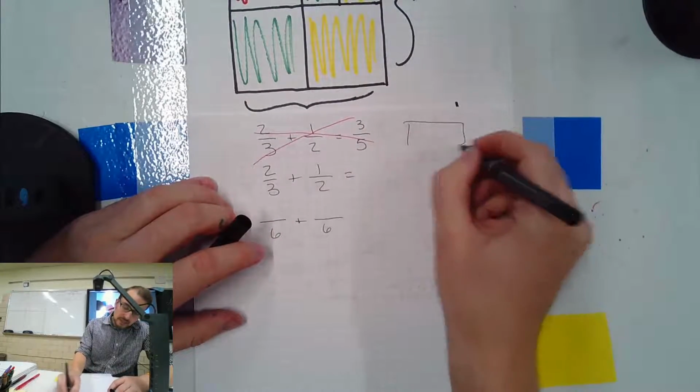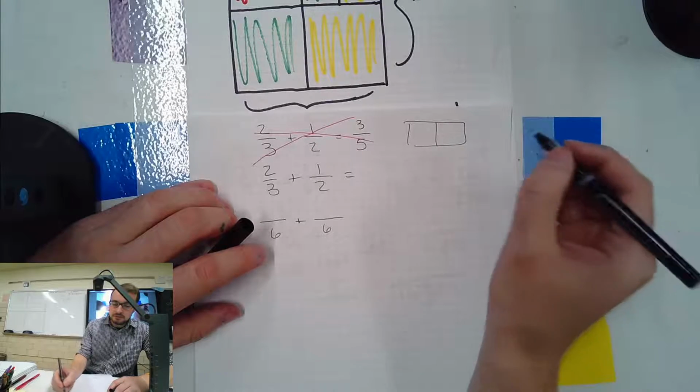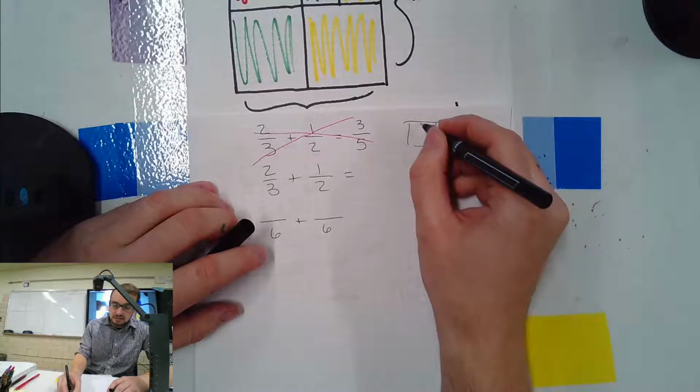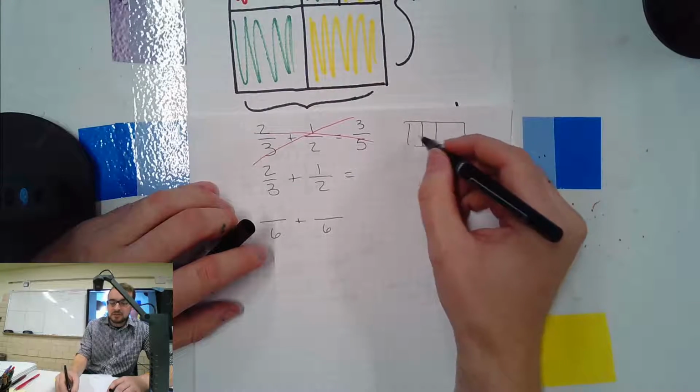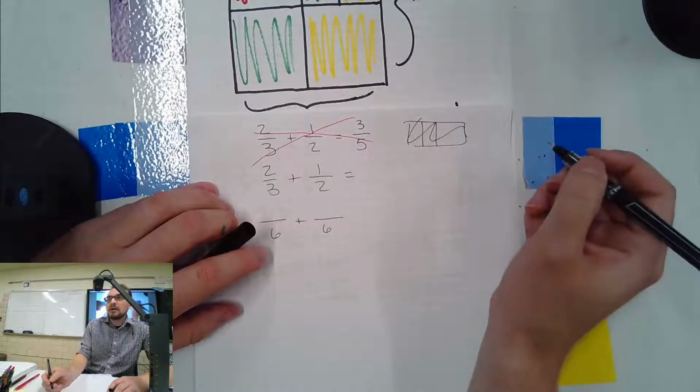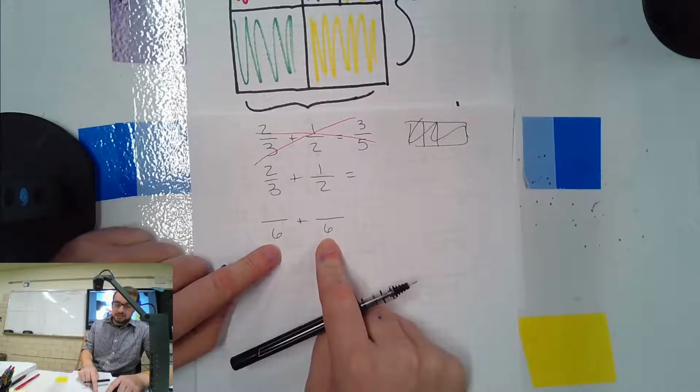Let me show you. Here's a half. Divide it up into thirds. I instantly get sixths. That doesn't get me thirds. That gets me 2 quarters and a half. I can't do it, right? So I have to go up to the next best thing, sixths.